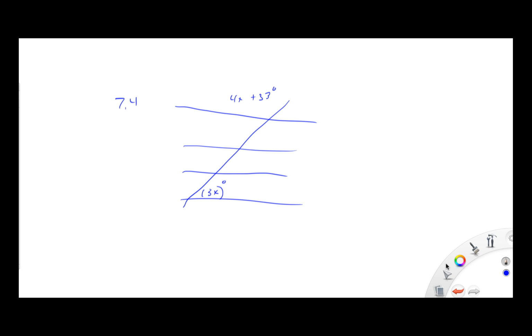Remember, this is a straight line, okay? And because we have a degree on this side and a degree on this side, those two have to equal, again, 180 degrees because it's a straight line. So we can say that 4x plus 33 degrees plus 3x equals 180 degrees. All right, so let's add up the x's. We have 7x, we subtract 33, we subtract 33,